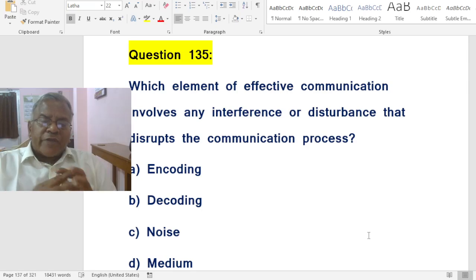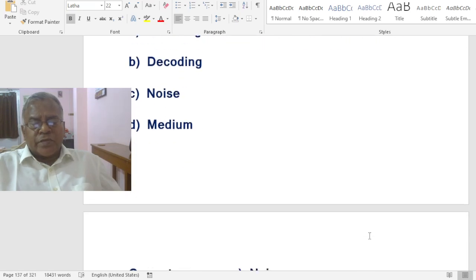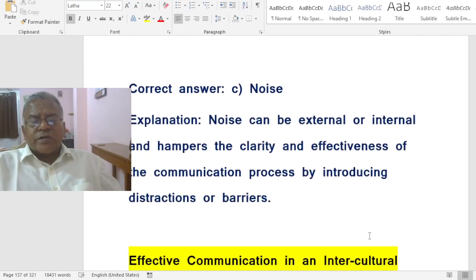Which element of effective communication involves any interference or disturbance that disrupts the communication process? I think that is noise, no? Encoding, decoding, noise, medium, that is noise. Noise can be external or internal disturbance and hampers the clarity and effectiveness of the communication process by introducing distractions